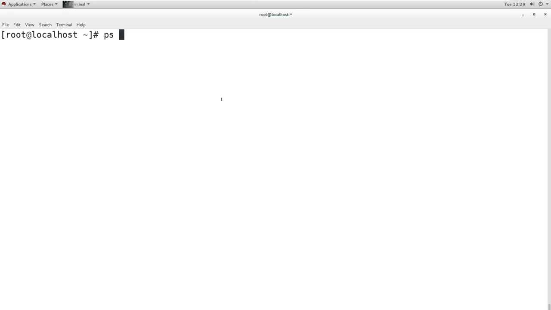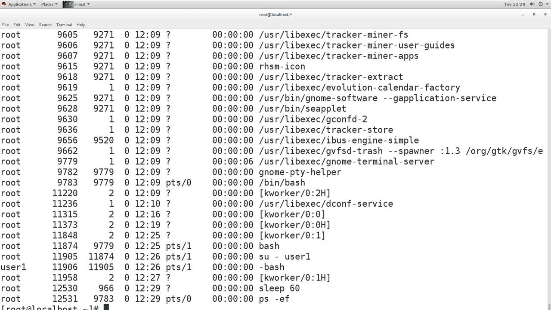Now this ps command only shows the processes that we have already executed.